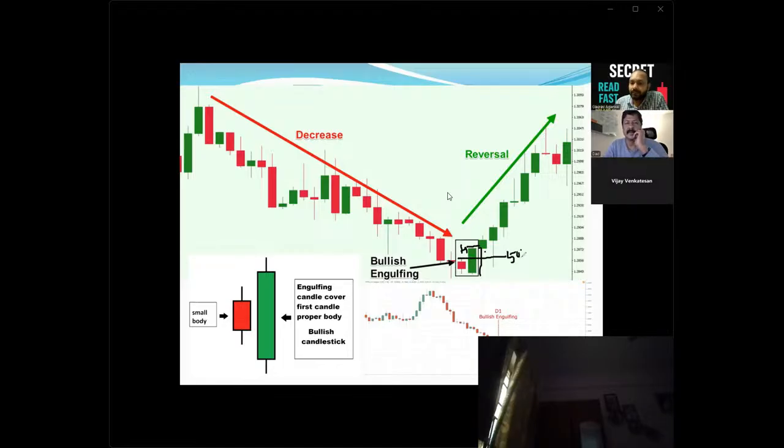The 50% stop loss is a concept used by smart money, mostly in algo trading. See here, the third candle went up but didn't close above. It came back down, so you have to wait for a candle close. Then you will get confirmation. So here you enter, your stop loss will be at 50%, and for the target you can decide the previous swing high.